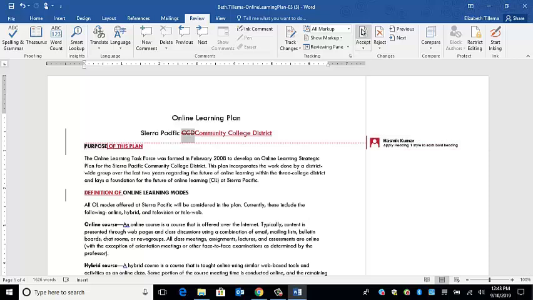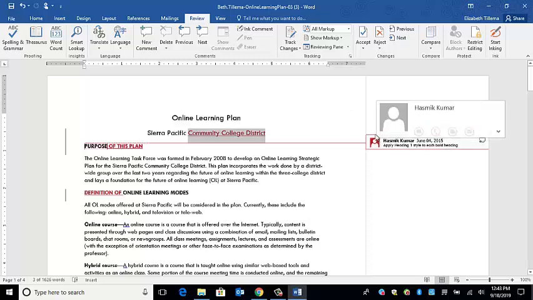So again, I'm going to go up to my Accept button. I'm going to click on the top half of it and I'm going to accept them. Now I can see that each of my bold headings, one of the comments went away, and then I am going to go ahead and click on the bottom half of the Accept button